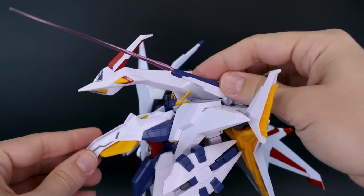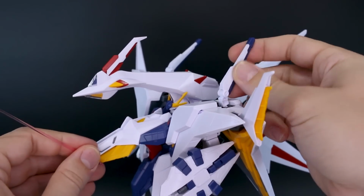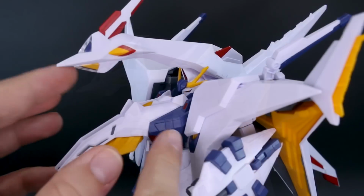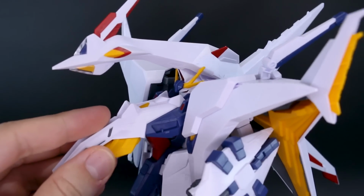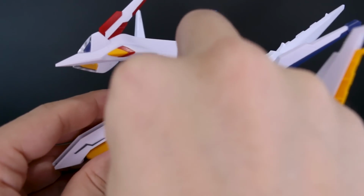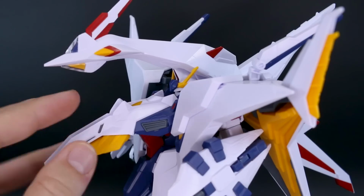So you could have a ton of beam effect parts for this. So it's just a shame that it only came with the 2. It would have really been nice if it would have come with 2 sets of 2, to give you 4 in total. And then you've got some option parts for here on the chest. If you flip this part out, just remove that, you've got an option of using these little gray chest vent parts instead, so you can choose which one you want to go for,